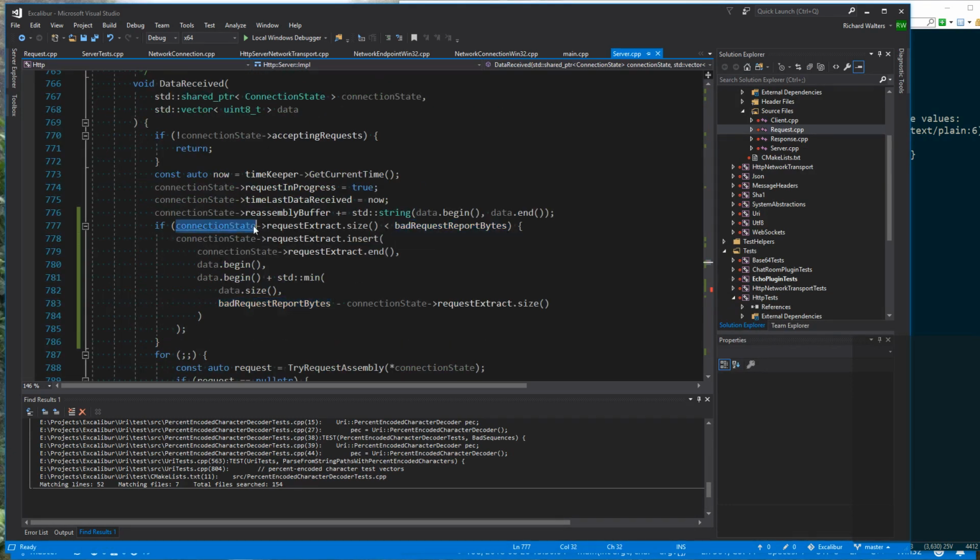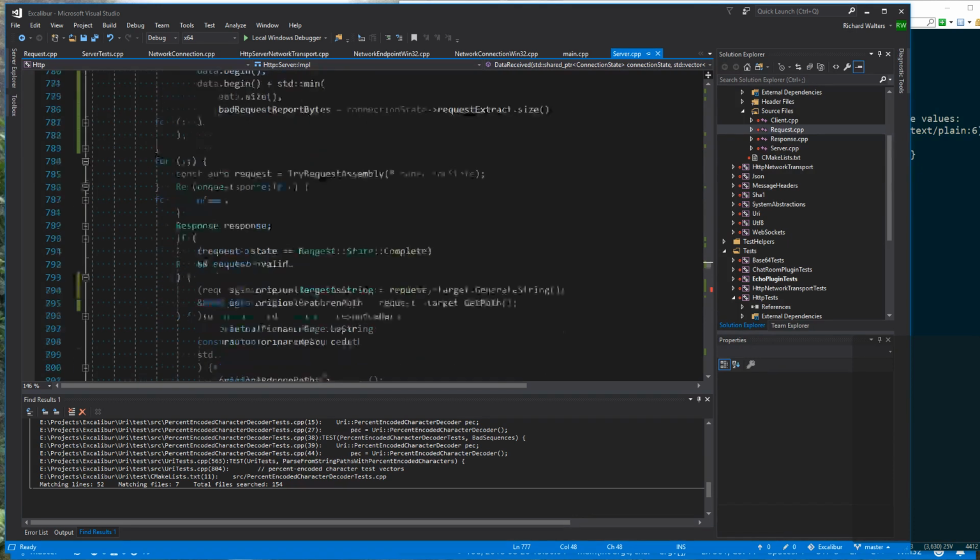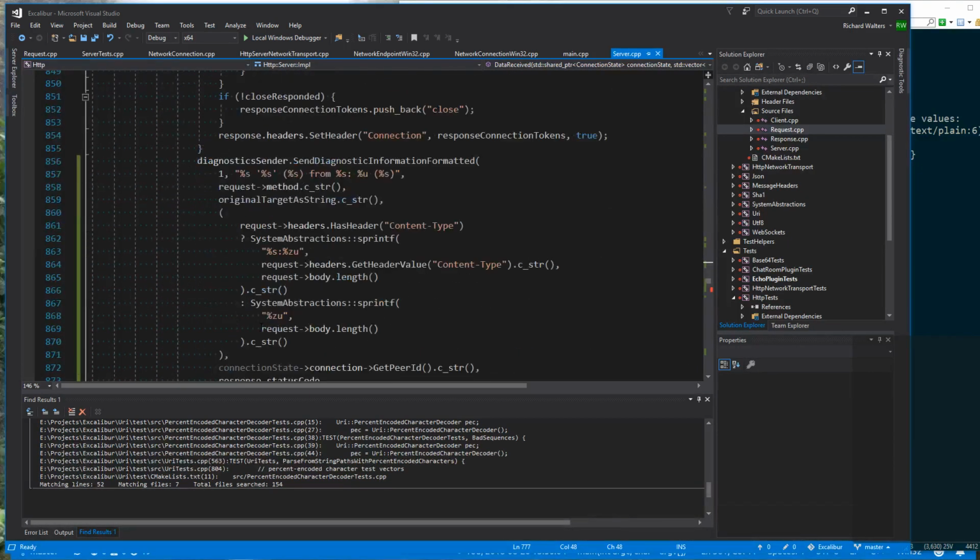Okay. What we need to do is after every request, we want to clear this out, except for if a request spans. This is going to be interesting. So, I guess we can reinitialize it with what's left in the reassembly buffer at the end of a request, right? Yeah, let's do that. So at the end,